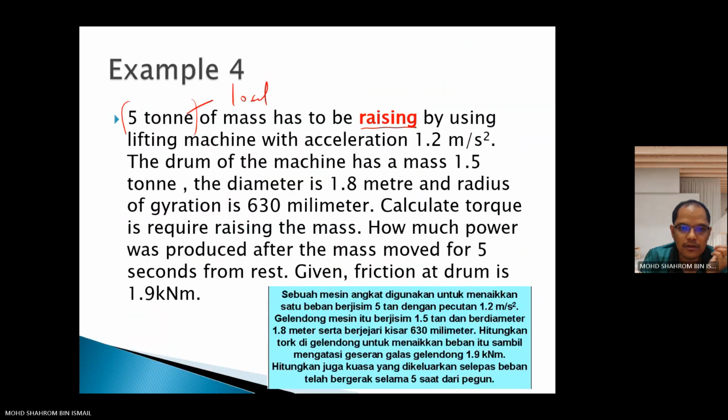and another one is ascending, menaik, naik. So, another example for the case of raising a load using a lifting machine. Of course, they give the acceleration. Acceleration is 1.2, this one is a, 1.2 meter per second squared. The drum of the machine has a mass of 1.5 ton. The drum of the machine means